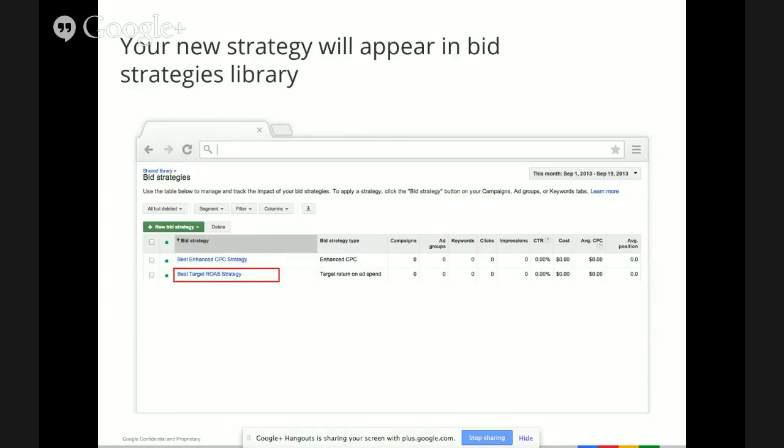As soon as you've created the strategy, it will appear in the shared library. And I mentioned in the middle that we've done a little bit to aggregate reporting for you. So when you apply this strategy, we'll actually give you performance stats for how it's doing across anything that you apply it to. So if you create a 10-to-1 target ROAS strategy and you apply it to 3 different campaigns and 50 different ad groups, we'll give you roll-up reporting and tell you how it's doing across all of these campaigns and ad groups. It should simplify reporting and alleviate the need for you to click around in the UI to figure out how each campaign is performing.